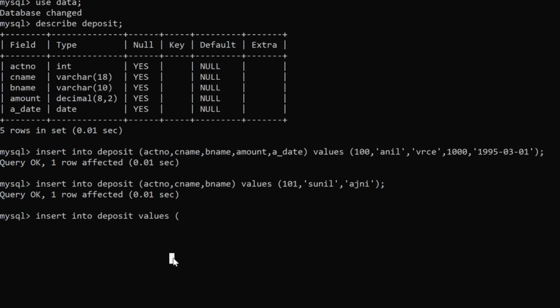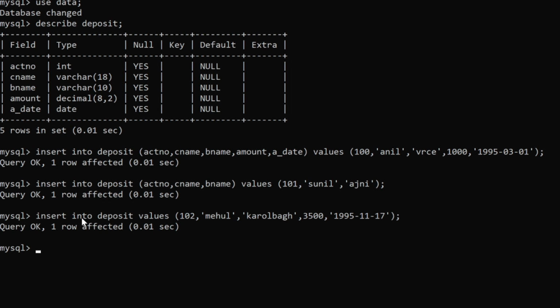So here it is 102, Mehul, Karol Bagh. And my date is 1995/11/17.